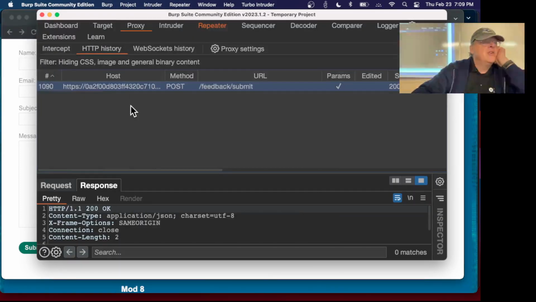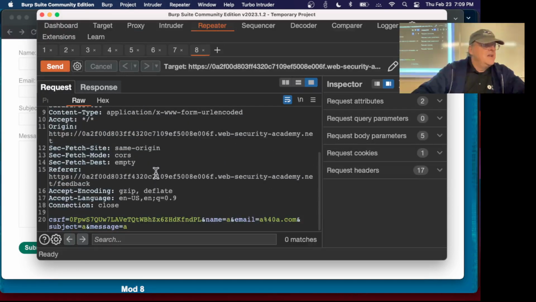I send it to the repeater. And now after here, I can put pipe, and then ID, pipe, and there we are. I'm going to take the ID and write it to /var/www/images/output.txt. So now I send it,